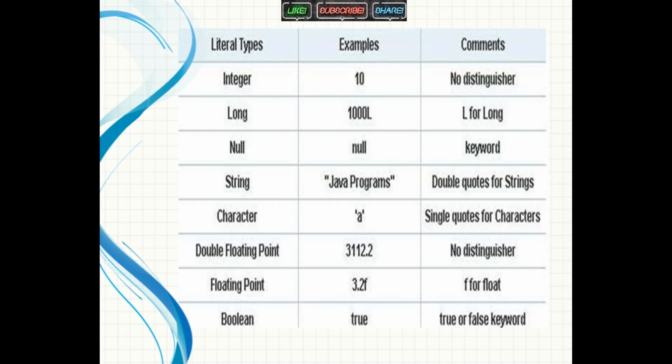A string in a Java program is used when we want to specify a set of characters, like words such as Java, hello, and that is given within double quotes. Coming to character, we specify a single letter within single quotes. Double and float are given for decimals, where double is double precision, and float we use for single precision, and it takes F as the letter. It can be either capital or small. And coming to boolean, it will take either a true or false value.